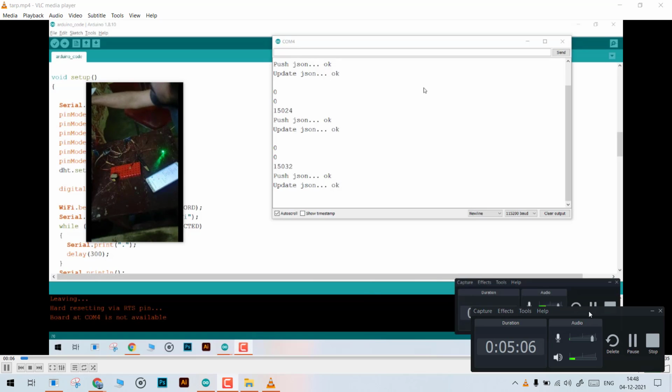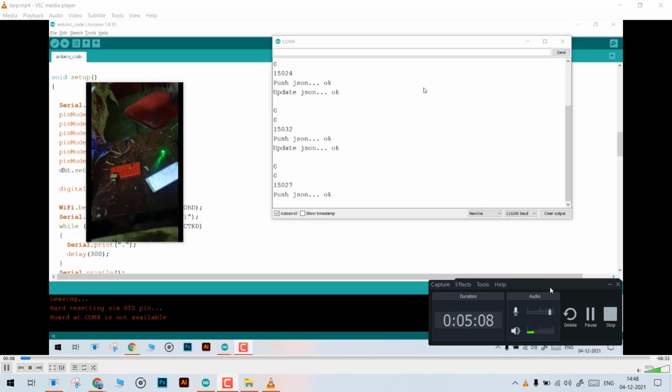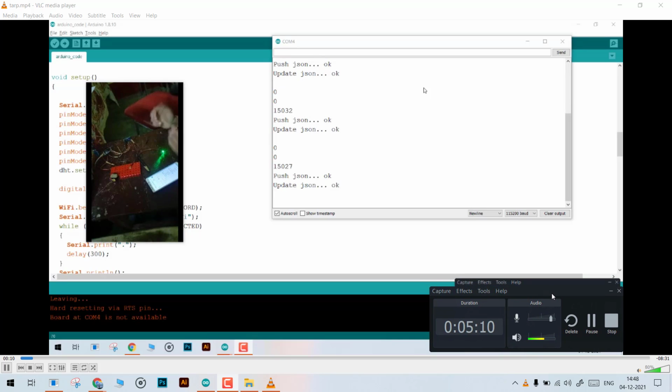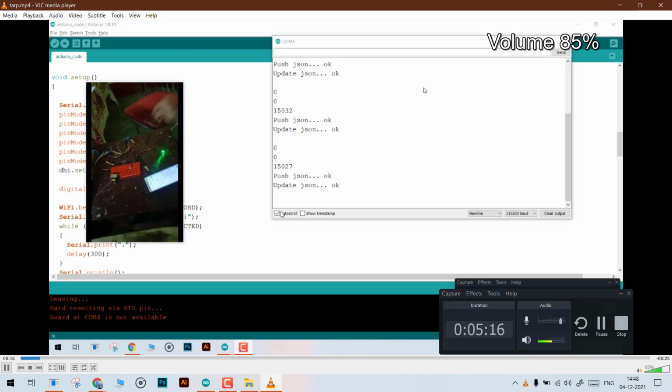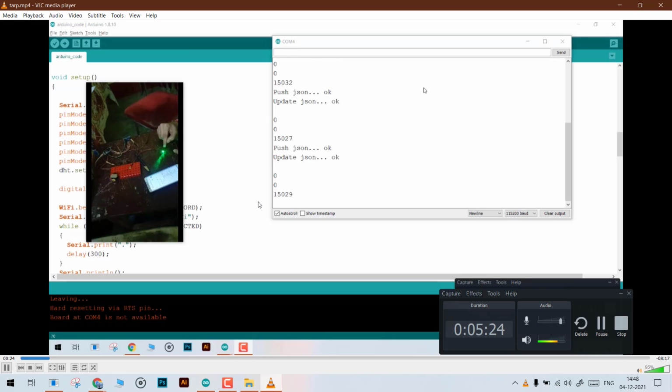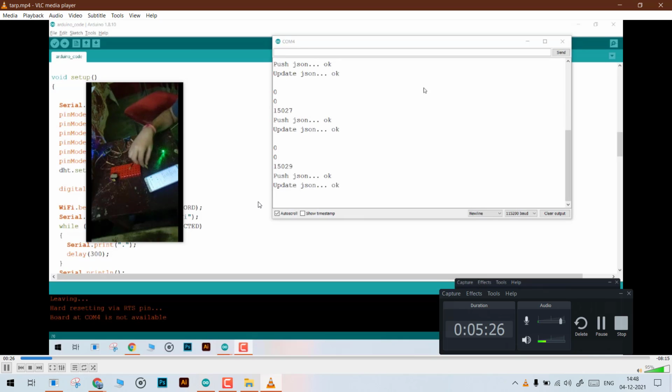Hi everyone, this is Gaurang Satpathy, and today I am going to demonstrate our project, which is the IoT-based healthcare monitoring system. In this, we are using the 16-channel MUX because we have two analog inputs, which are the pulse sensor and the LM35 sensor.